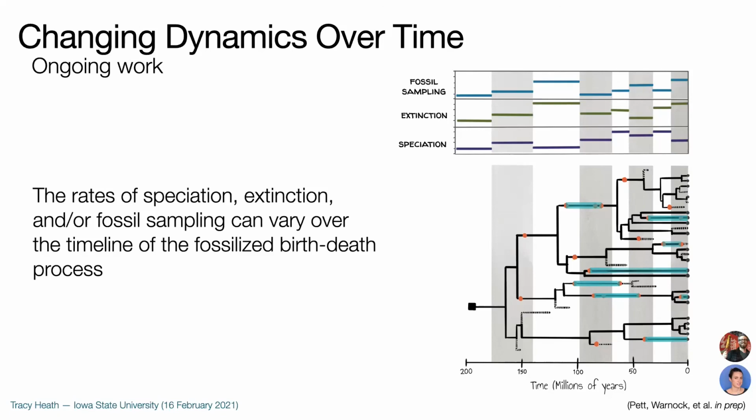Now we're extending this to account for the time heterogeneous process, so we can estimate the change in fossil sampling, or fossil recovery rates, extinction, and speciation over different time intervals in the fossil record. This work is done in collaboration with Walker Pett and Rachel Warnock. And so we hope to have this